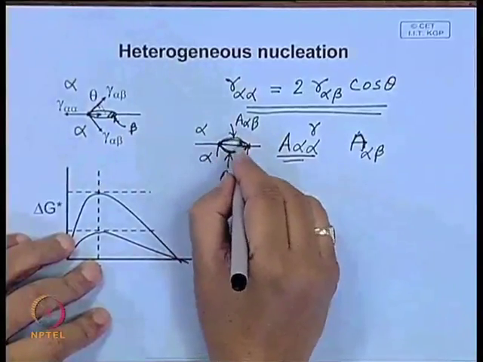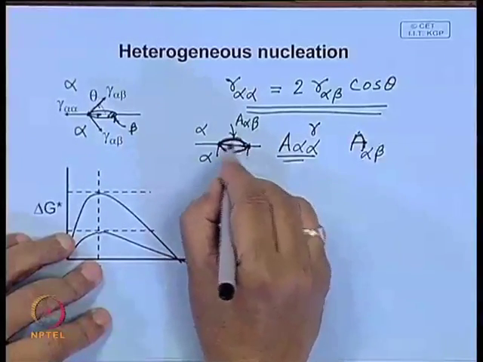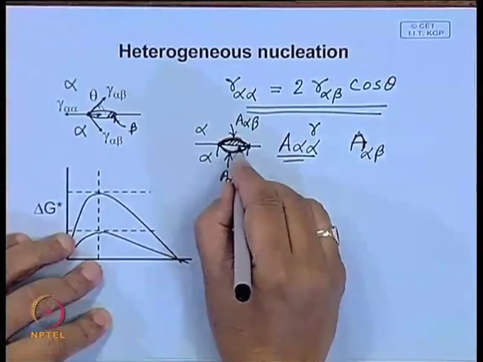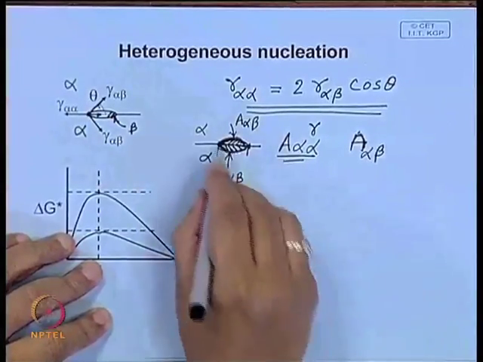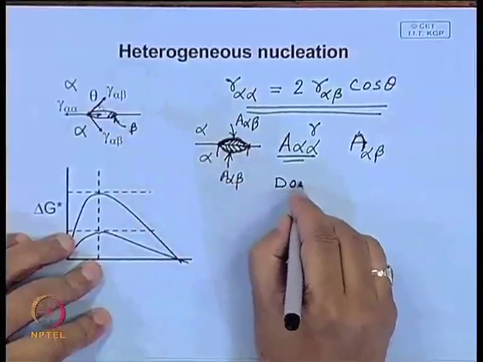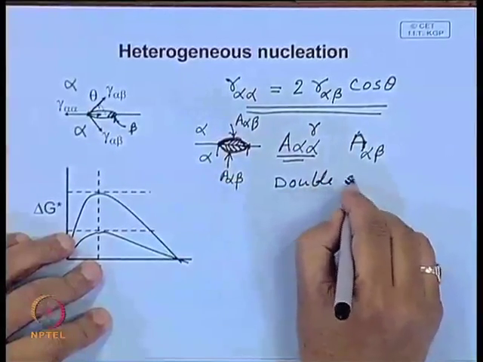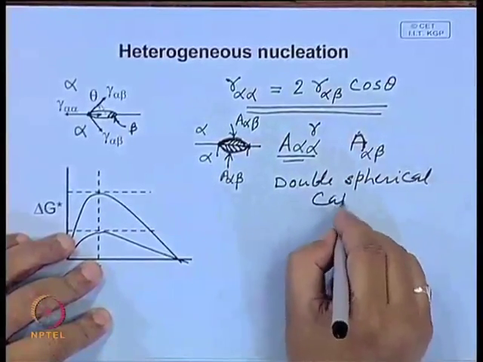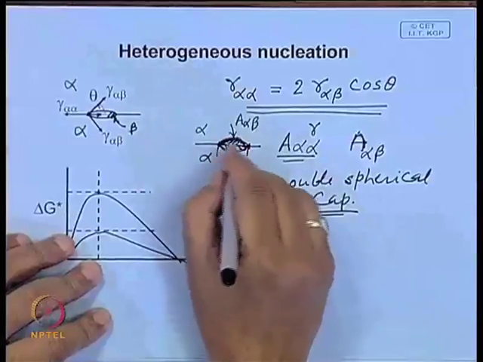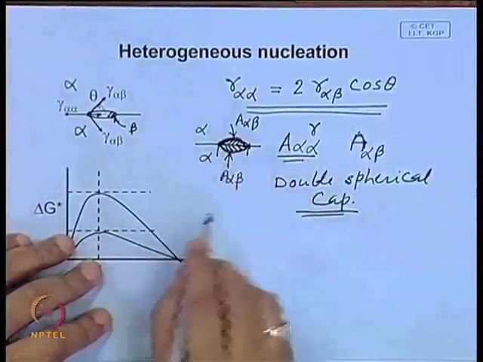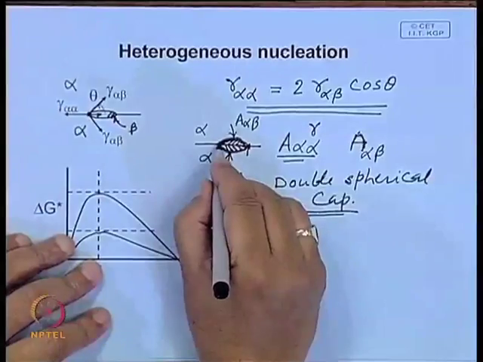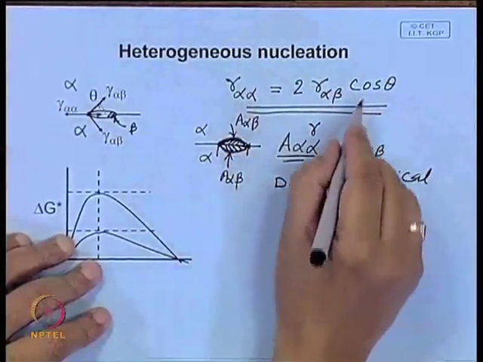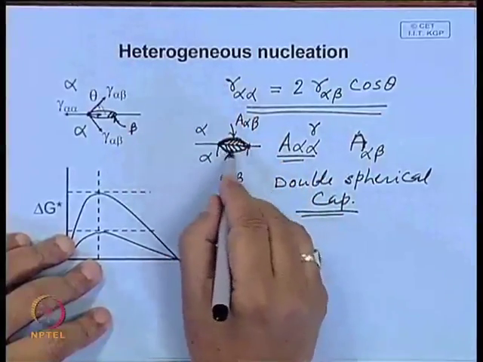and assuming this shape to be a spherical cap, say this is a part of a sphere, and this is also a part of a sphere, this is a double spherical cap. So, assuming this type of shape, it is possible to calculate the increase in area, or changes in area, and what is actually the change in the surface energy as a result of this type of